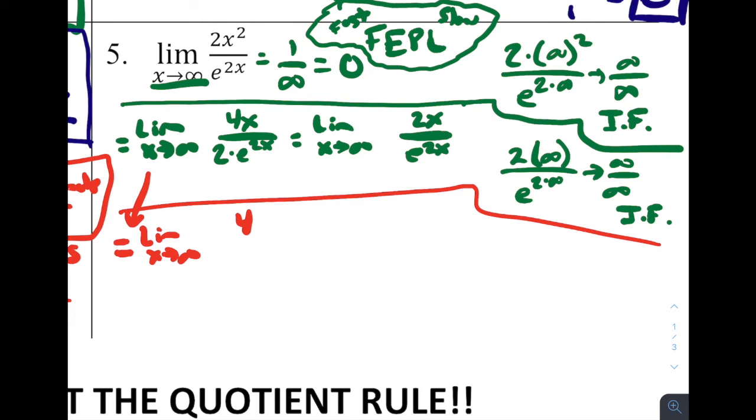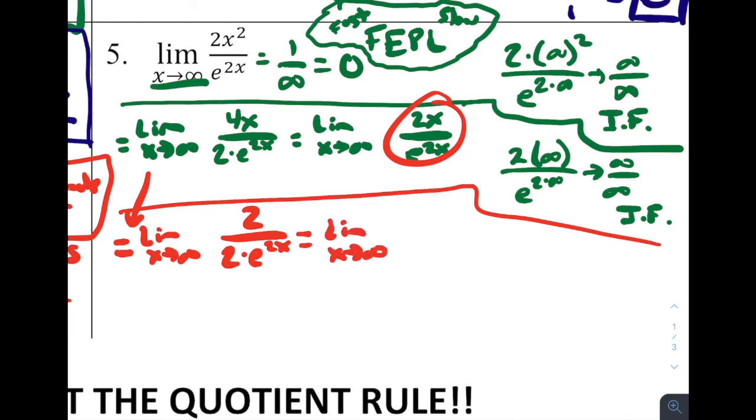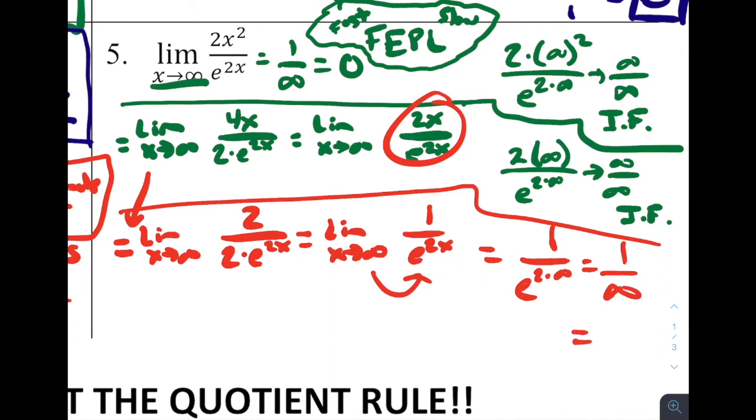And actually, I'm sorry, but we're looking at this one. This is our simplified one. So the derivative of 2x is 2, and then the derivative of e to the 2x by the chain rule is 2 times e to the 2x, which can simplify. So this is the limit as x approaches infinity of 1 over e to the 2x. And again, we can try plugging in, doing direct substitution. This is going to now equal 1 over e to the 2 times infinity, or 1 over infinity, which is